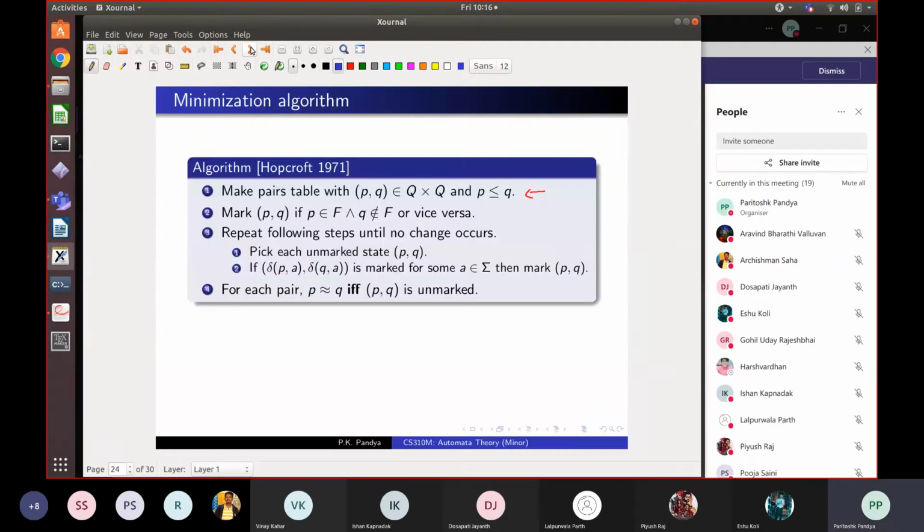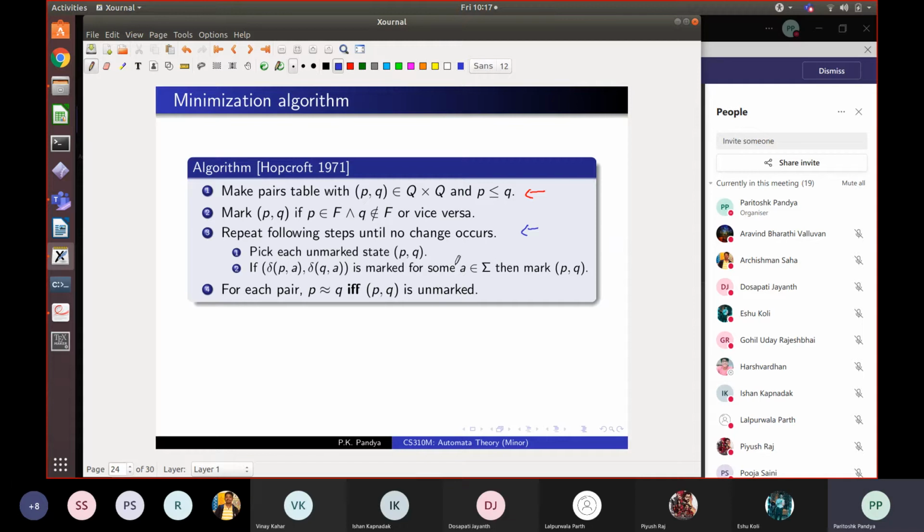This is an important property, and that makes the second step of this algorithm. We repeatedly execute the algorithm in phases. So first we had phase 0 where we mark the strings which are separated by epsilon. Now we repeatedly execute this step 3. Step 3 consists of the following things. From the table, pick up each unmarked state. States which are marked are already marked. They are separable. But those blank squares that we have got in our table, pick up an unmarked pair and check